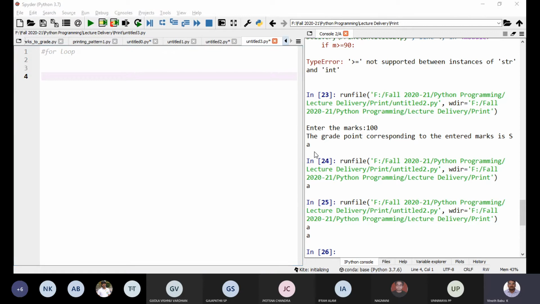Both for loop and while loop are used for looping. That means you want to repeat some tasks for several number of times.